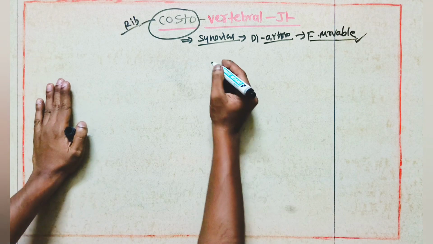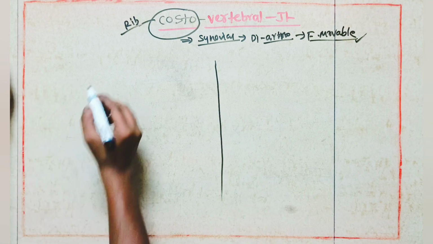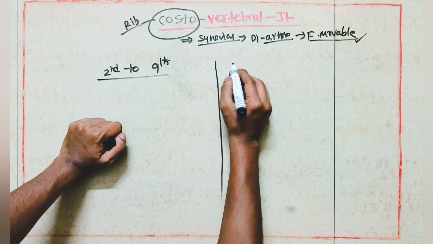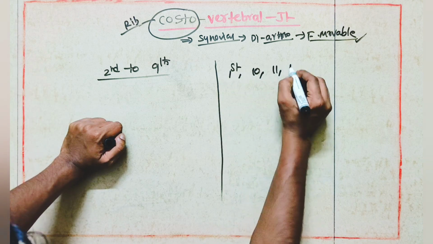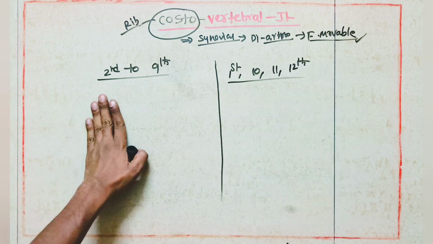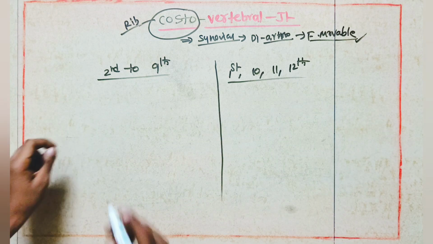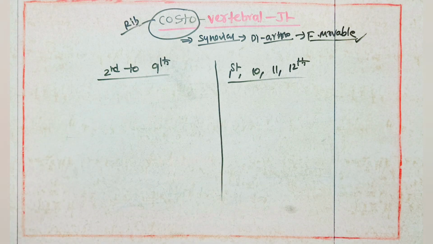Okay. Now we'll come to the point. Here I am dividing it into two: second rib to ninth rib in one place, and first, 10th, 11th and 12th ribs in another place. Suppose we come to the costovertebral joint. Suppose we take